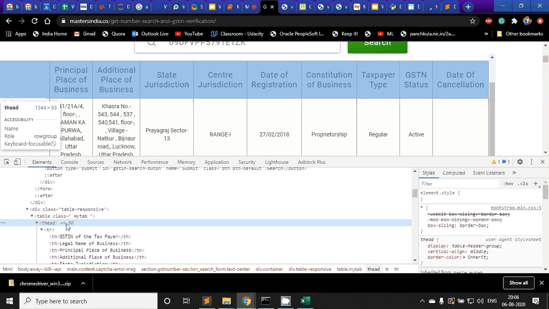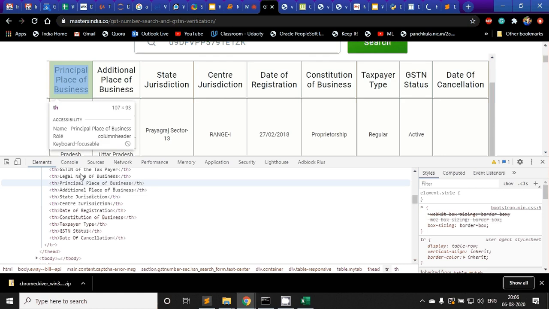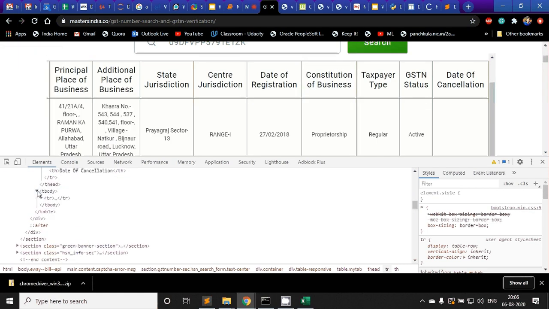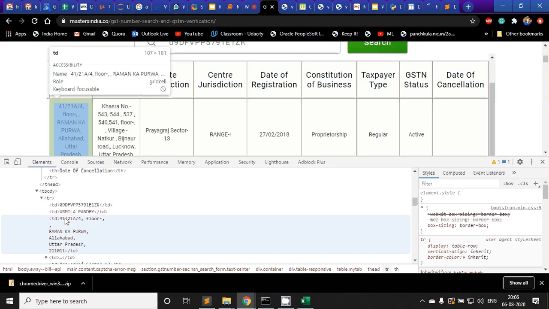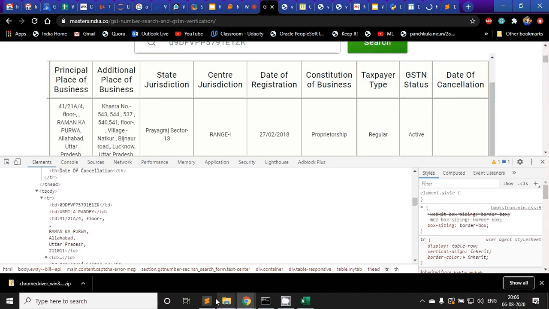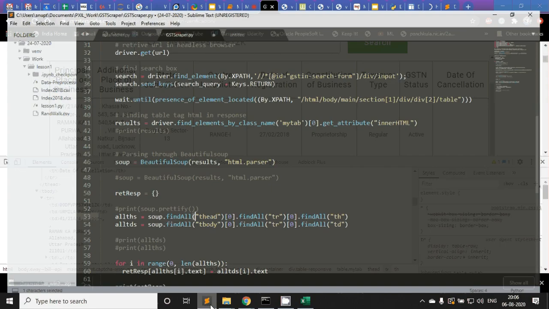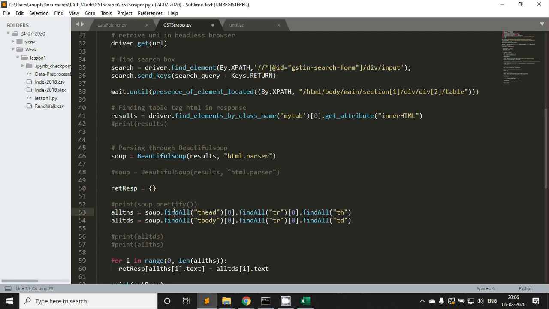So what I am doing is finding the thead. Zero is basically the zeroth element because there is only one. Finding all the TRs, right? thead, then TRs, TR, and then TH, and then finding the TH. So I have all the THs, right? And similarly all the TDs.